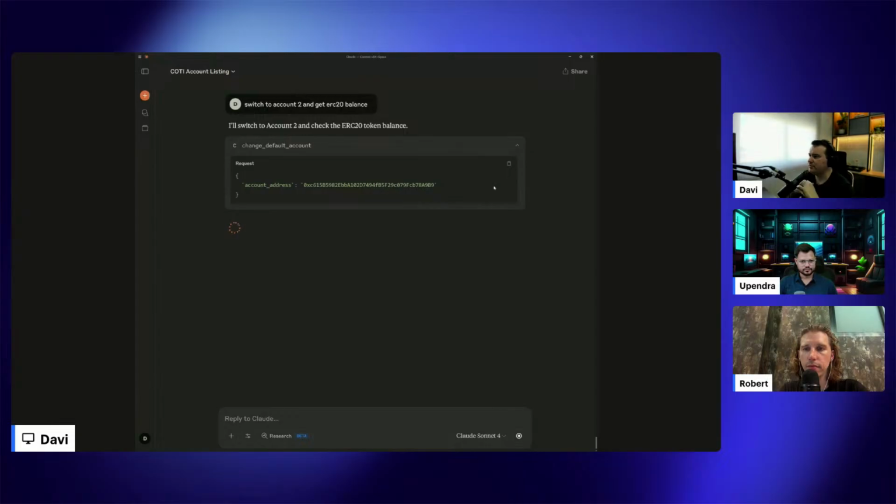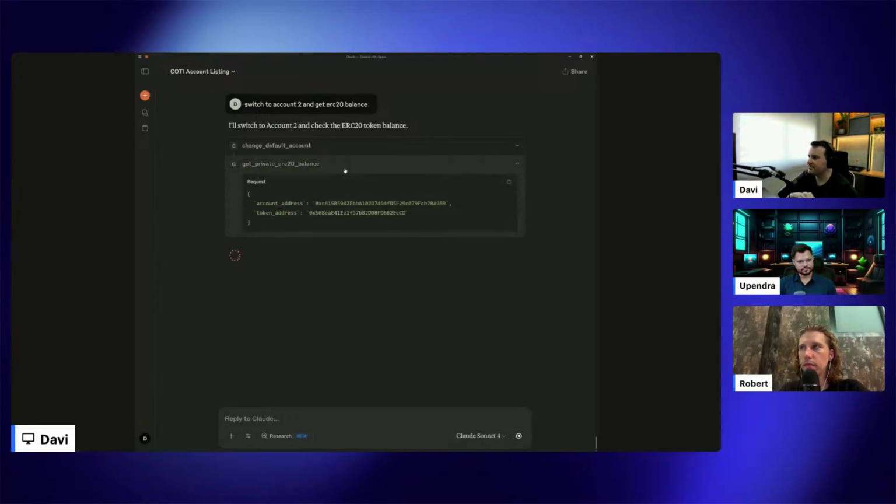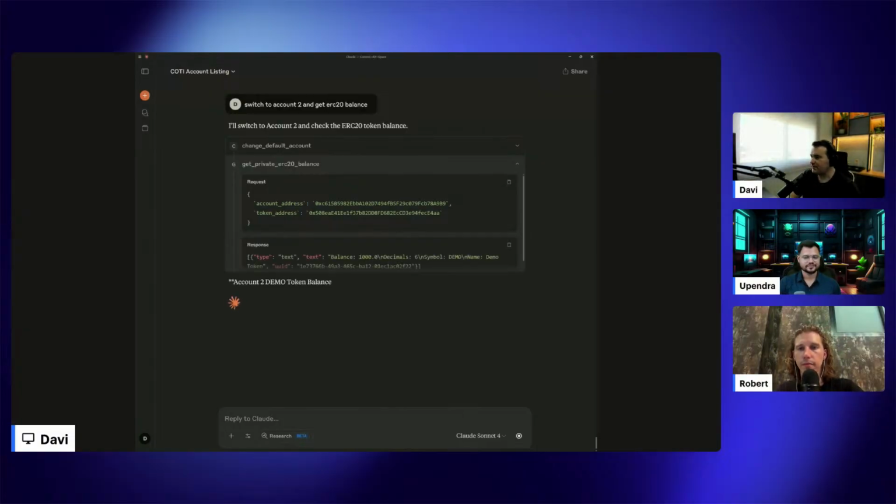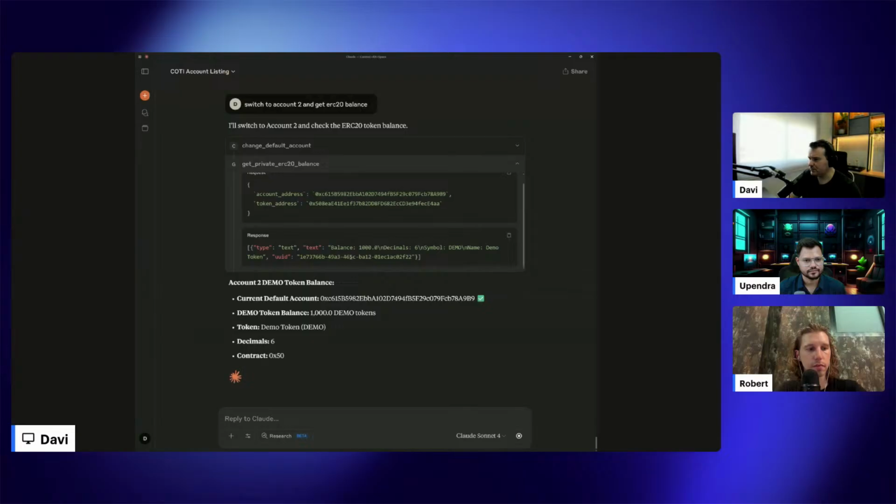Changing to account 2. And get private ERC20 balance. Okay. Yeah, for account 2, the balance seems to be working.